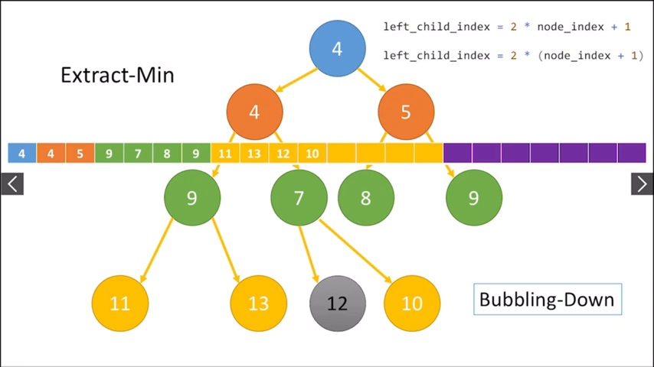All right, so if a bubbling up operation was big O of log n, it turns out that a bubbling down is also going to be big O of log n. So an extract min is going to be big O of log n for the same reasons that an insert was